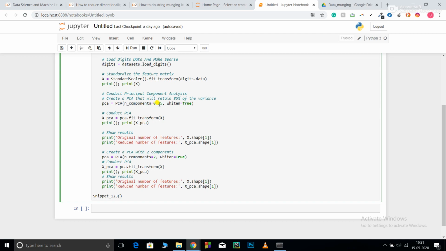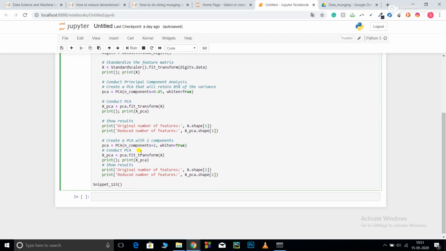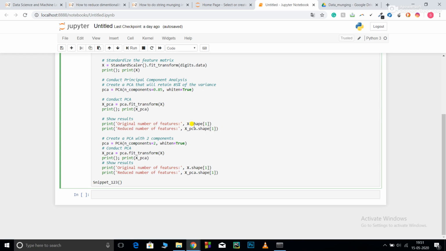After that, this prints the original number of features, X.shape, and X_pca.shape. It will first print the number of features present in my initial data, and after that it is going to print the reduced number of features. I am also using n_components equal to 2. PCA with n_components equal to 2, then X_pca.fit_transform, will reduce the number of components to 2.